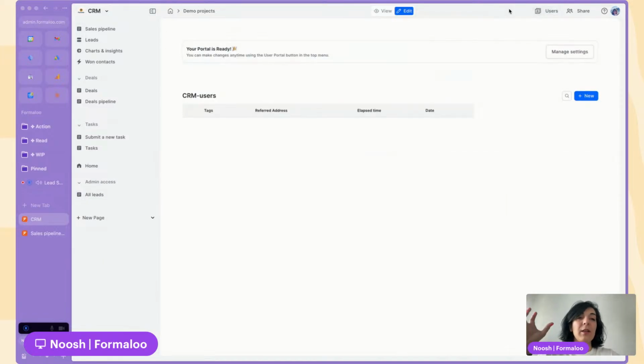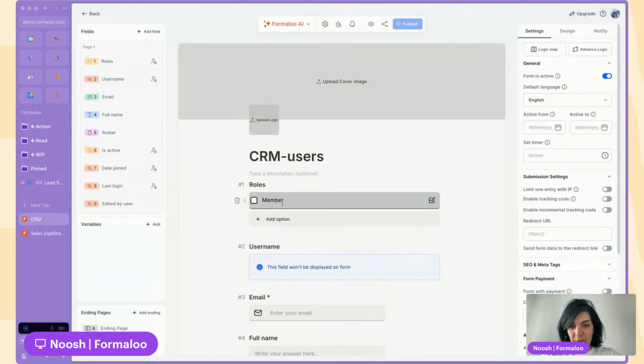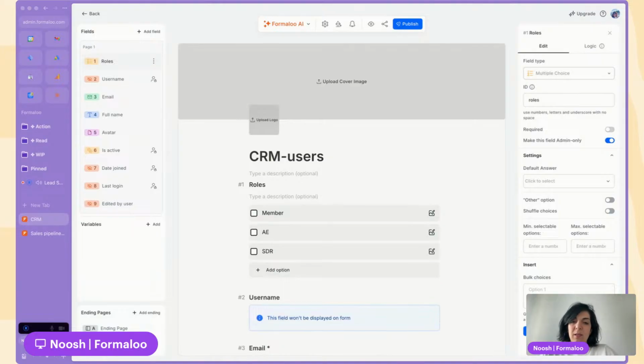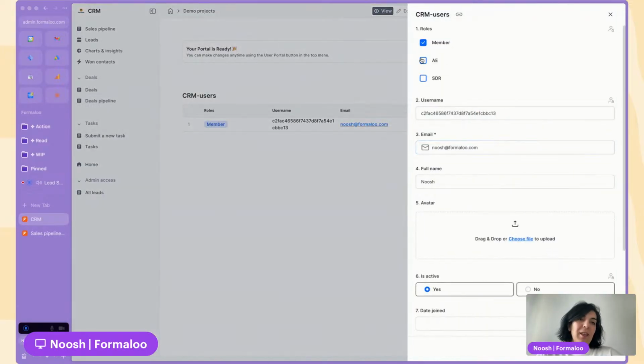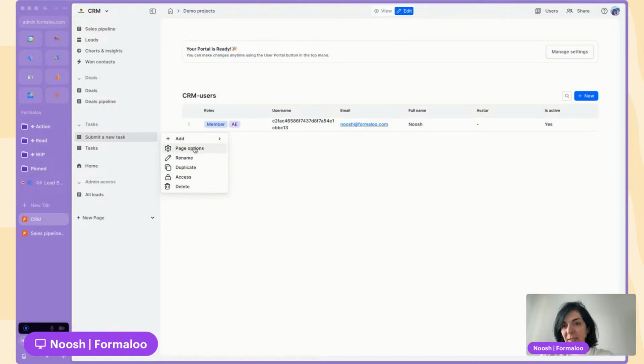You can also manage your portal users from this table. You can add different roles for them. Let's say I want 2 levels of portal users. One of them is the account executive. One of them is the SDR. You can have as many roles as you want. And when someone is in your portal users, you can just edit the portal user. It's like anything else we have on the Formaloo data blocks. Easily add a role for this user, and then, for example, from the page access settings,